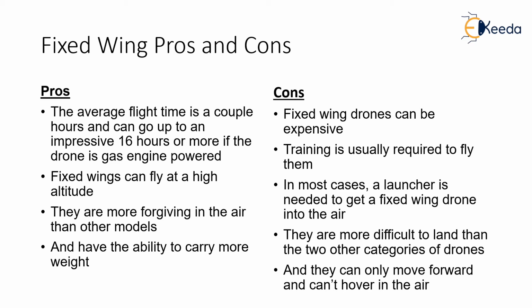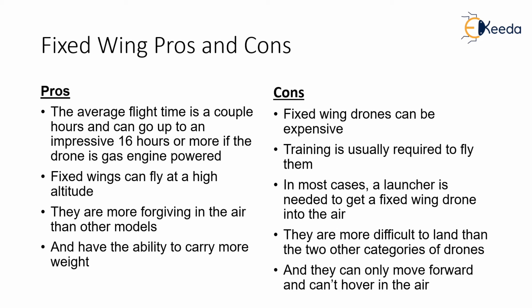One of the biggest drawbacks of fixed wings is that it requires an area to take off. Since it has to build up the lift to take off, it requires a flat area where it can do so. Either a flat area or a movable launcher is required to launch the fixed wing. And as difficult as it is for takeoff, a similar difficulty is faced for landing. It has to be landed with proper skill in order to avoid any crash or damage.